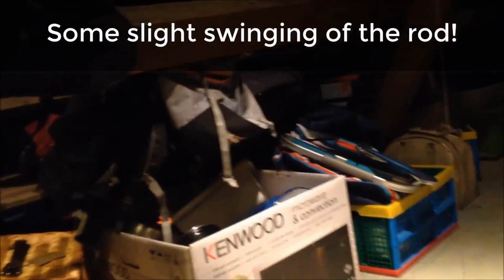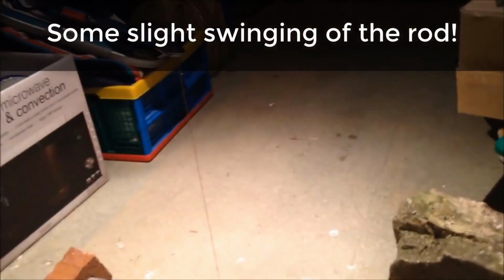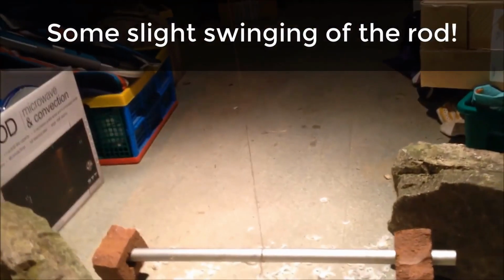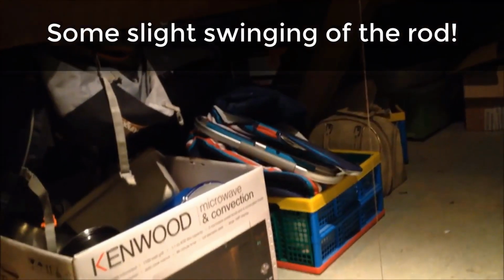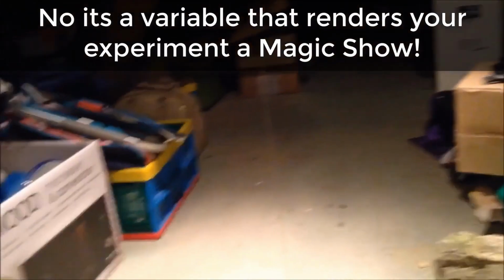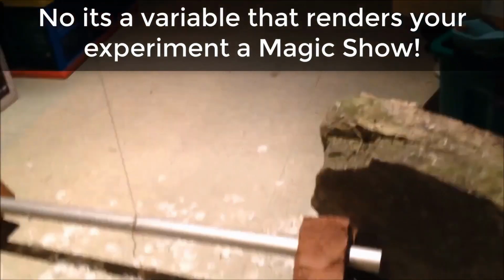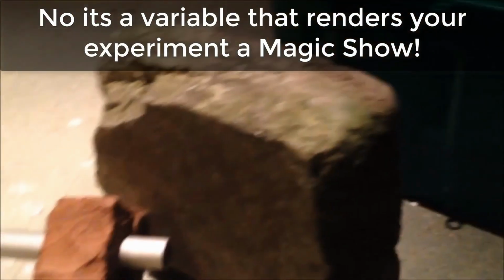Okay, so twice now I've run this, and both times it's come to rest at a position other than its equilibrium position, but both times I've had some inherent motion in the system. As you see in the time lapse, there was some slight swinging in the rod, although that's kind of a good thing because it's another proof that this has come to rest at that position and is no longer swinging, which means that the force holding it there, in fact just off a bit, because